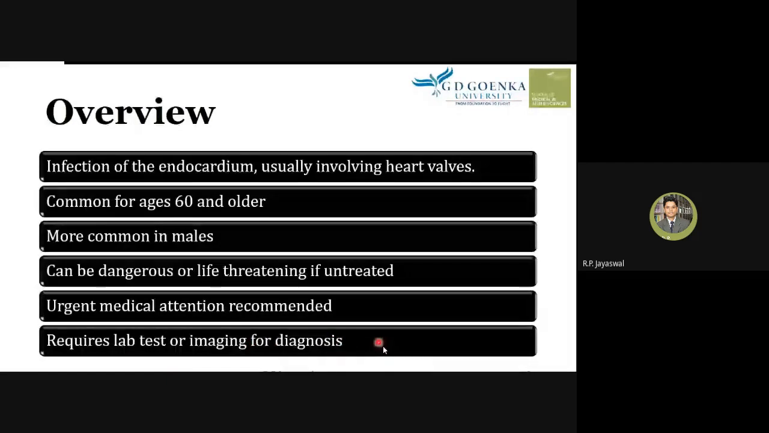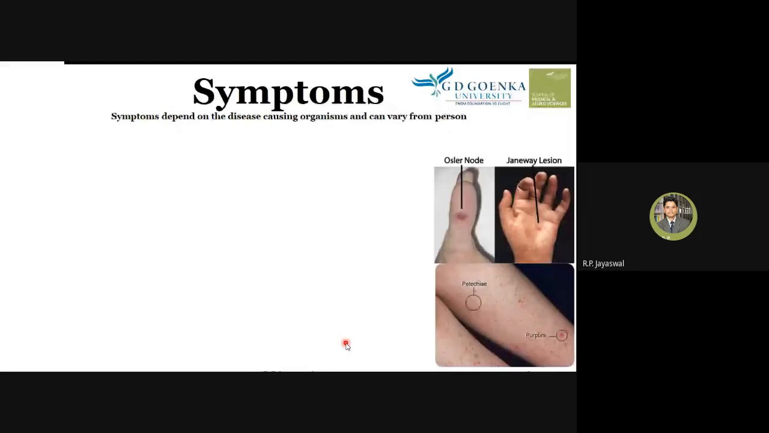These are the symptoms which are available. Symptoms depend on the disease-causing organism. Also, they can vary from person to person. So what organism has caused the disease, or who has got this infection? The symptoms depend accordingly. So the common symptoms usually recorded for infective endocarditis are